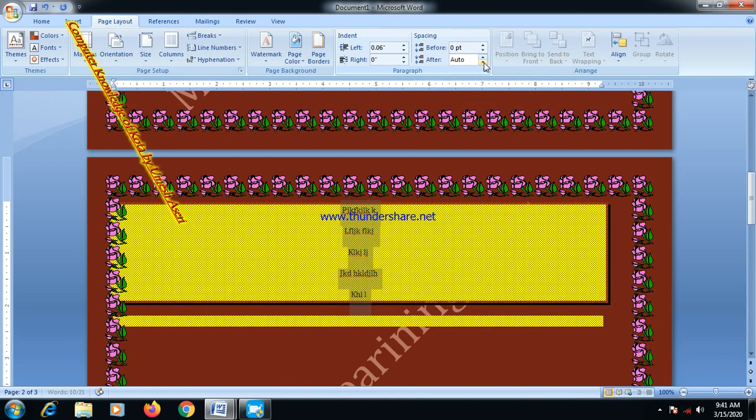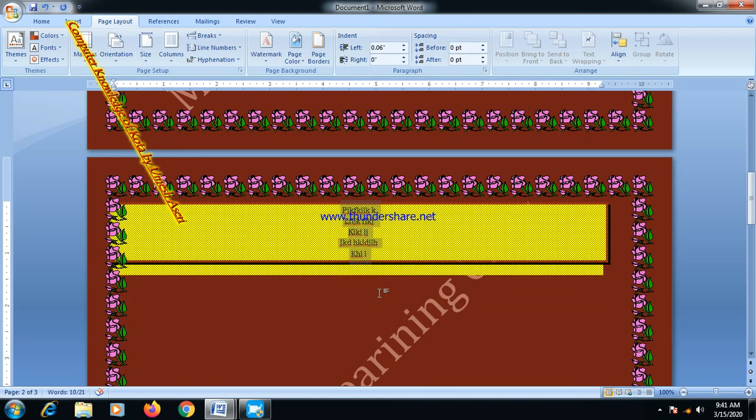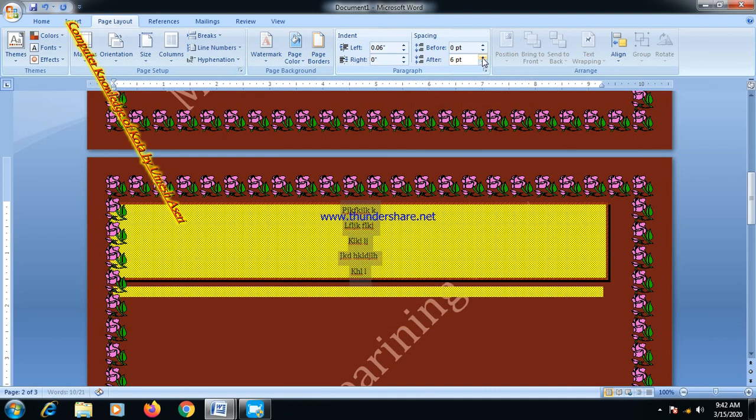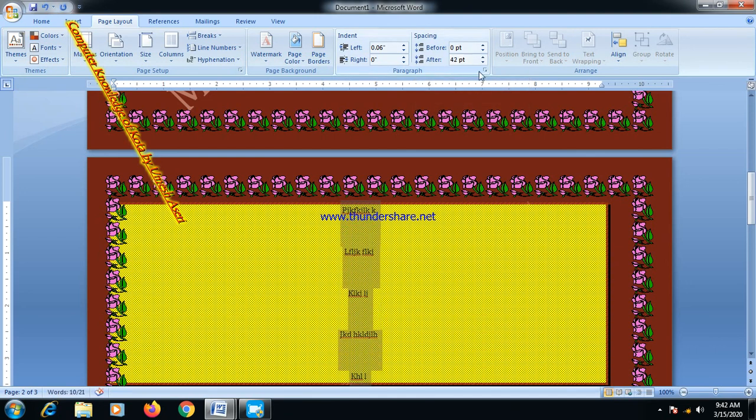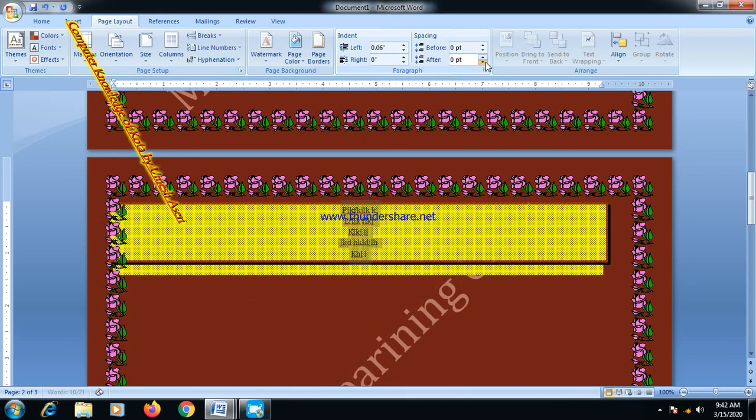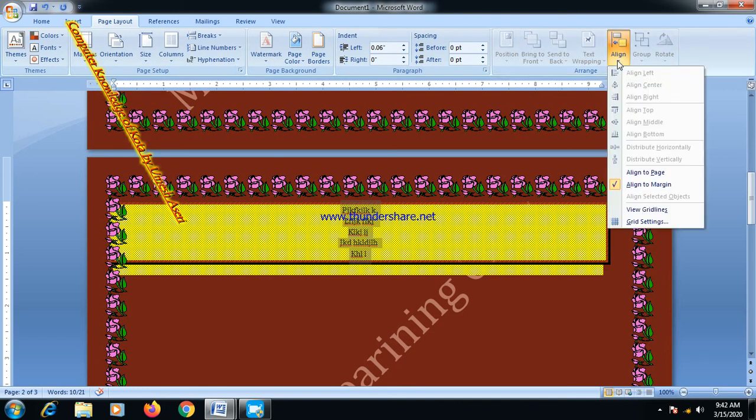You can see that auto, not 0.0, that is no space. But once we create 612, width and size will increase. So do you understand? Now next one is alignment,